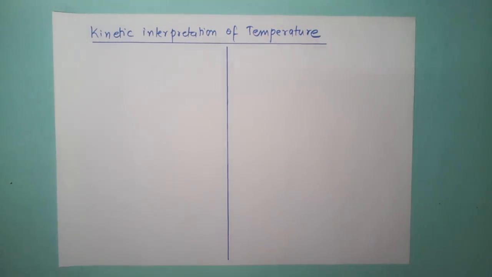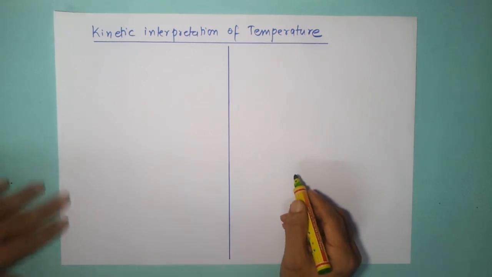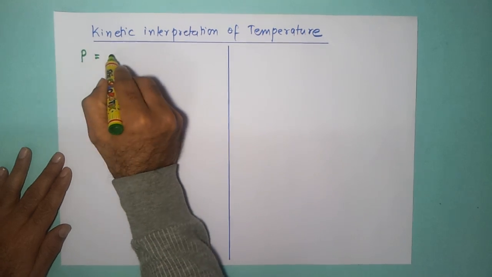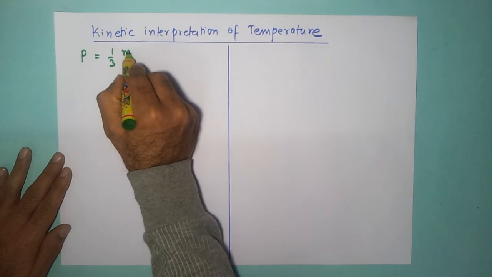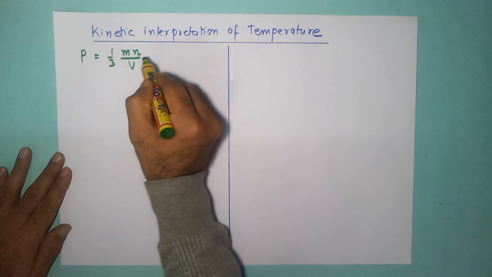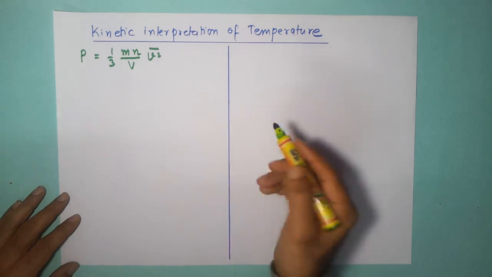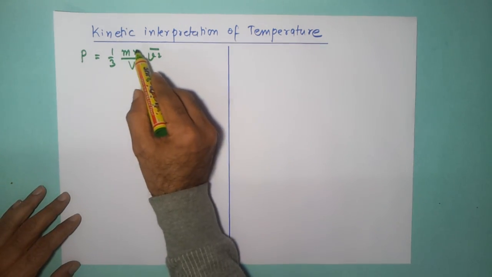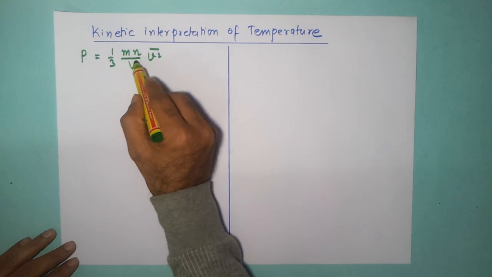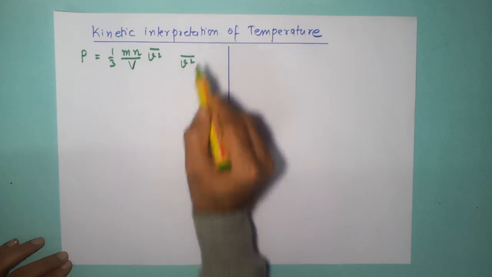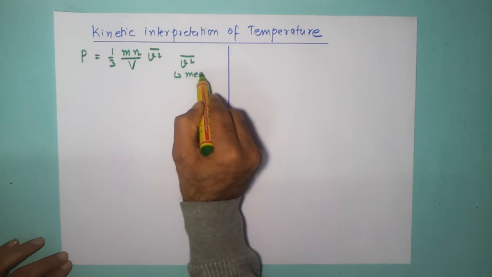So in the previous video we derived a relationship between the microstate and the macrostate of a gas, and we derived an equation for pressure of a gas in terms of its velocity. The equation that we had was pressure of the gas is equal to 1 upon 3 mN upon V, times v square bar. Just for the sake of revision, m is the mass of one molecule, N is the total number of molecules in the gas, capital V stands for volume of the gas, and v square bar is the mean square velocity,